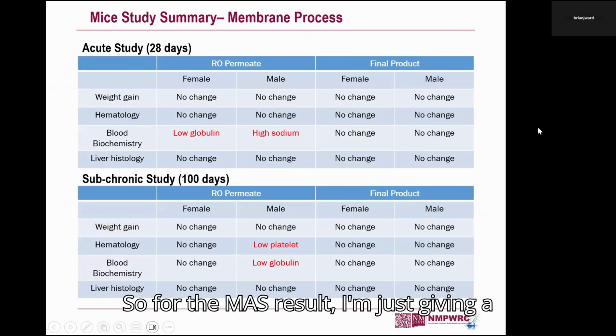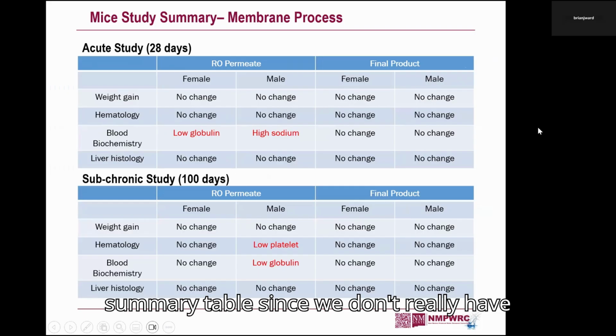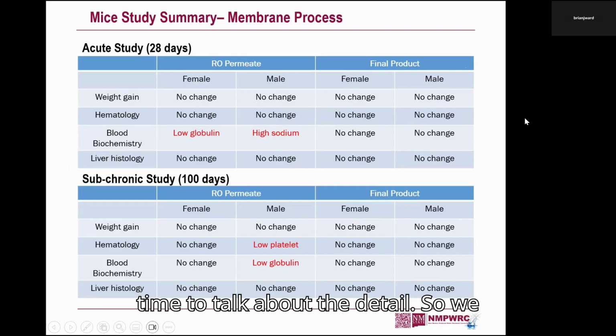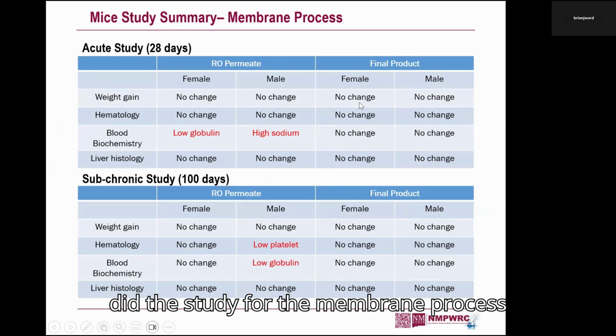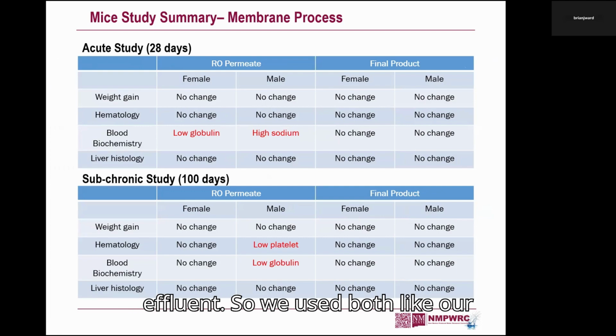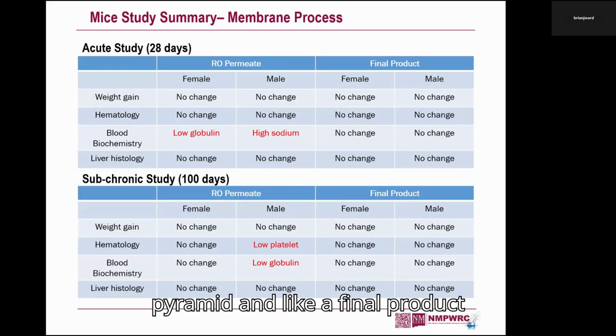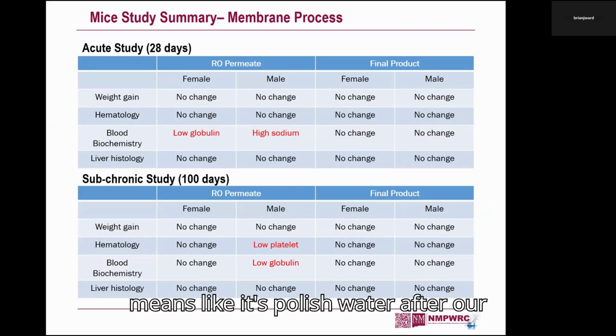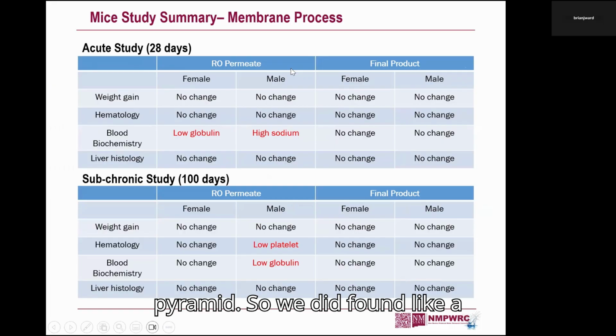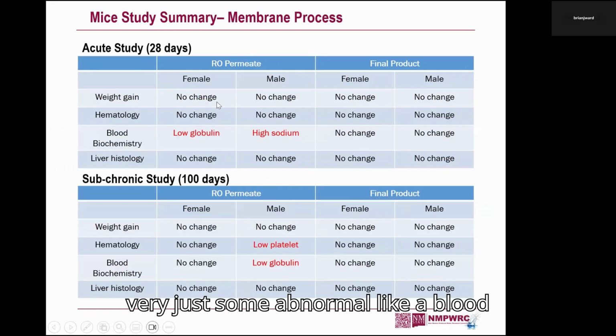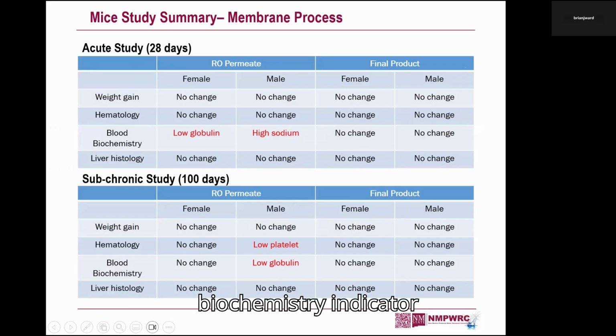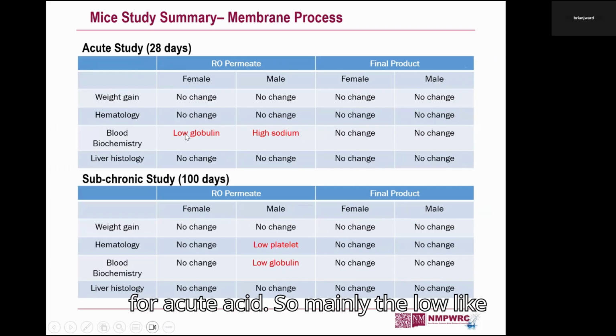So for the mice result, I'm just giving a summary table since we don't really have time to talk about the detail. We did the study for the membrane processed effluent. We used both our permit and a final product, meaning the polished water after our permit. We did find some abnormal blood biochemistry indicators for acute exposure, mainly the low